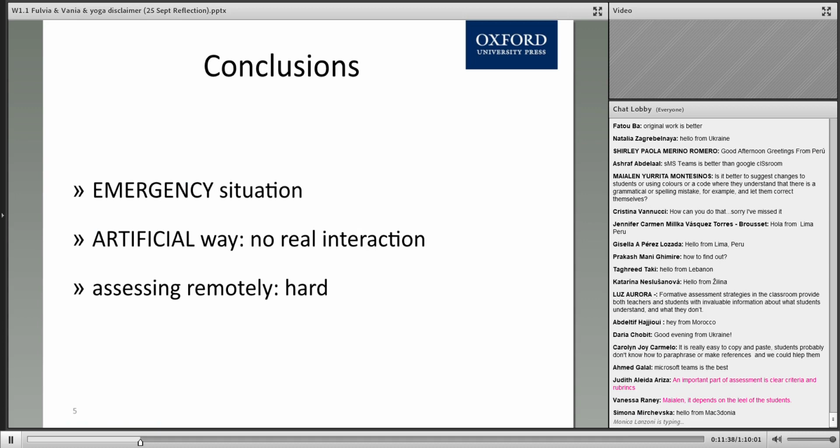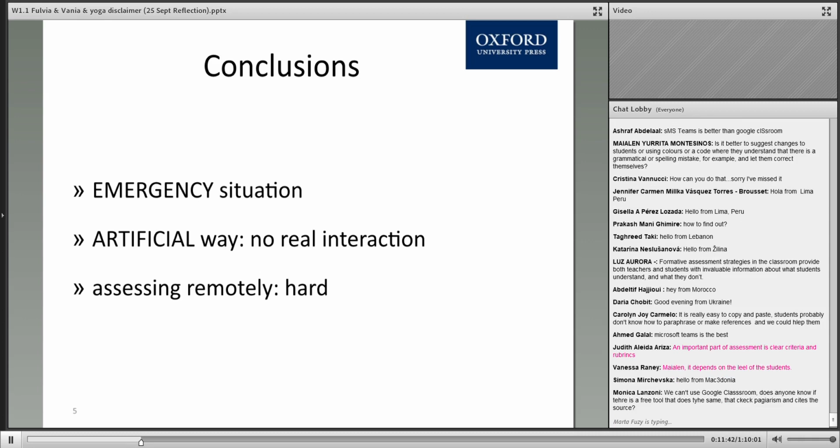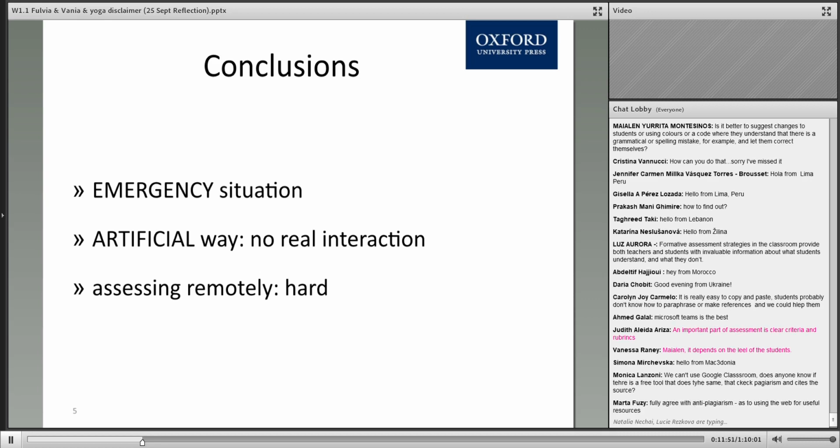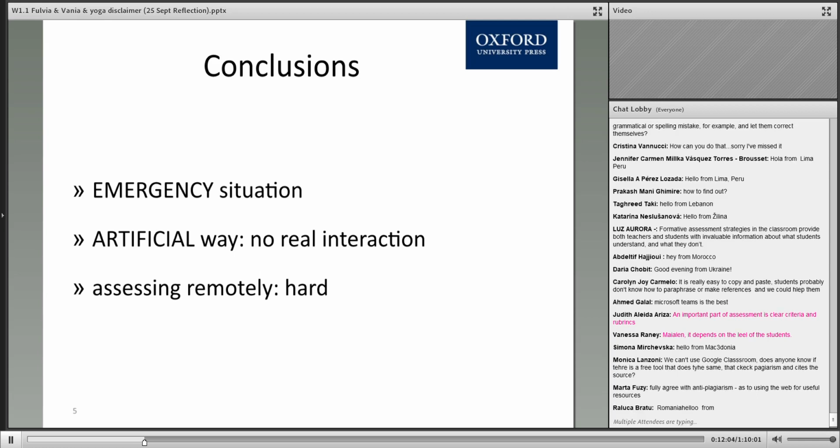I think that teaching a language just relying on technology is only for an emergency. In Italy nowadays, we are back in the classroom. We are back at school. We are wearing a face mask almost all the time. But I think it's much better because interaction is more real. Even if we cannot speak freely because of the face mask, it's much better.